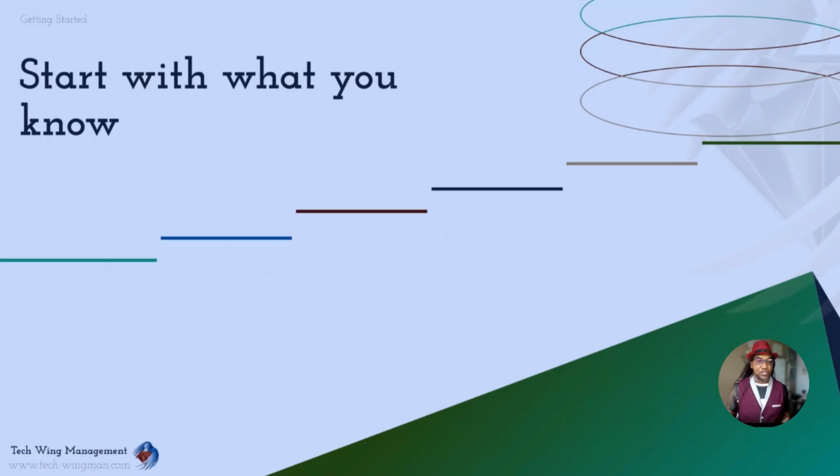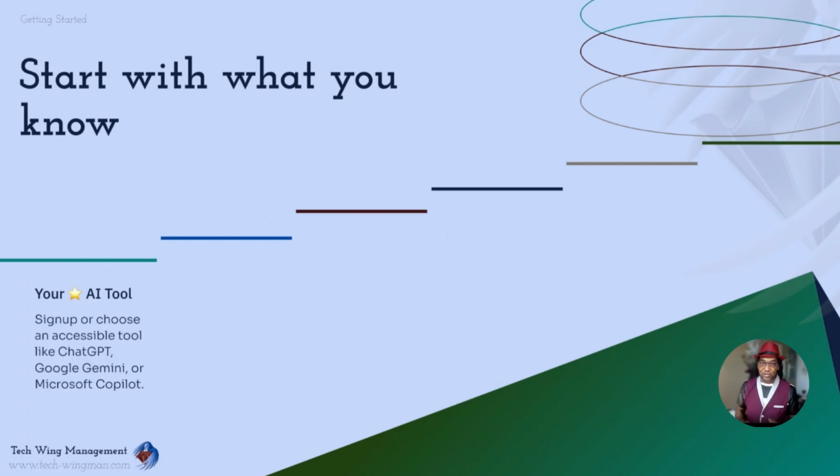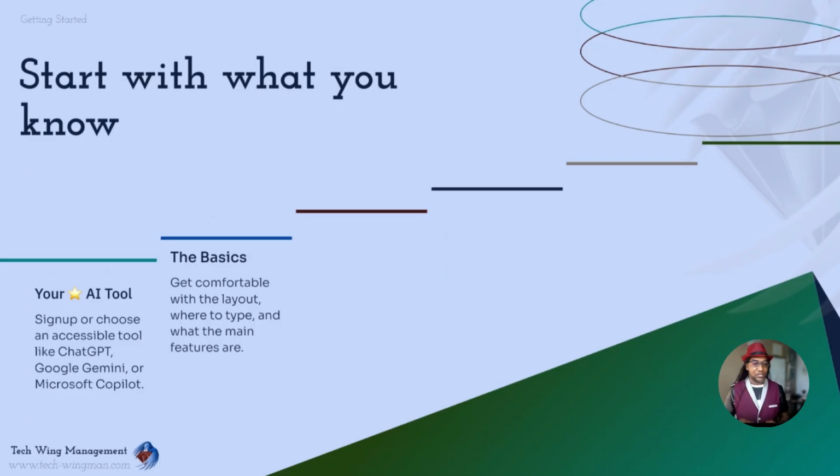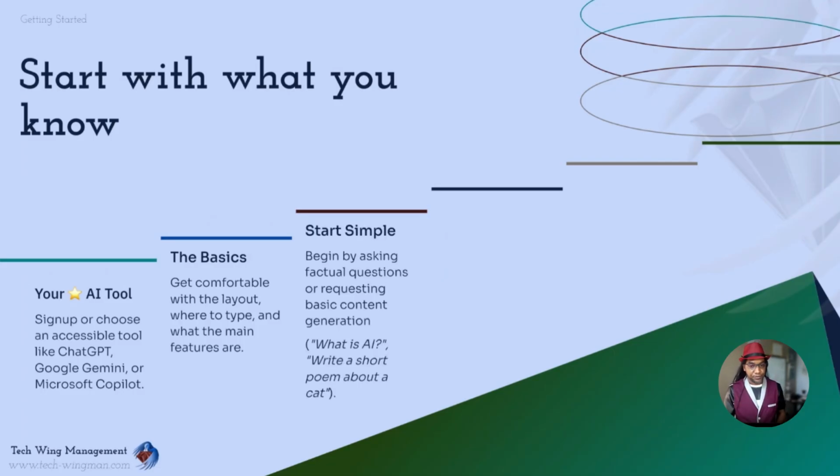Some of you have already gotten started, but what I wanted to do is just go over it. If you haven't gotten started or you got through to one of these steps and you're just not there yet, follow this. Start with what you know. Choose a tool. I've been sending out some emails, so I hope some of you have already chosen one. ChatGPT, Gemini, Grok, whichever you feel comfortable with. Understand the basics. Know how to use the tools and the features of the chatbot platform that you chose. Start simple. Start asking it factual questions.